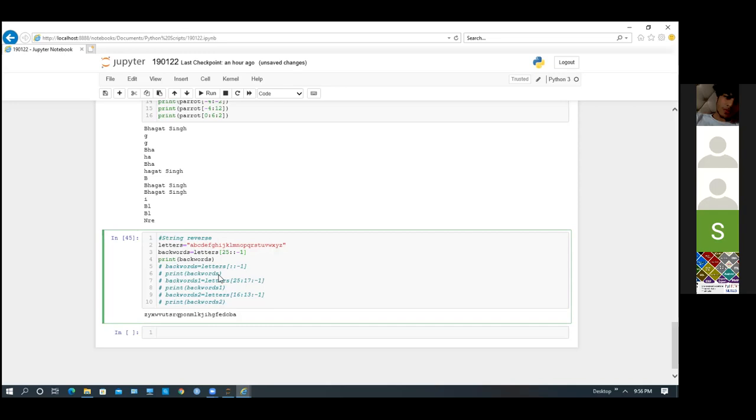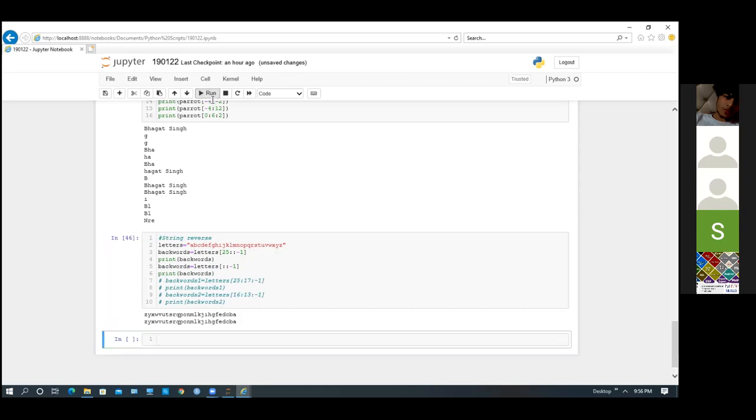This is a step. Now, also we can do it like this. Suppose backwards, letters -1 with colon colon -1. This can also be done. These are all parts of Python string. This will also give you the same output. Okay. If I write -1, it will start from -1 and it will go to the end.